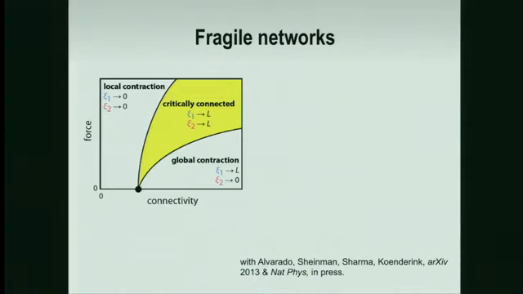And so the basic idea here is the following. The idea I want to start off with, theoretically, is to look at what happens as a function of connectivity. So this black point now is the isostatic point. We have a highly connected network on the right. And if you were to